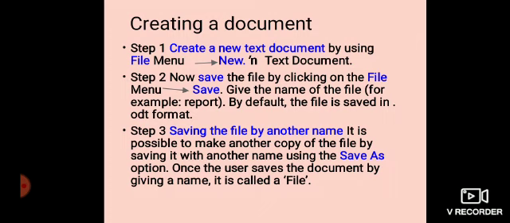When do you use Save and Save As? Use the Save As option when you are supposed to save your file in another name. Suppose you have saved the file already, you wanted to change the file name and save it in a different location, then you can use Save As option.